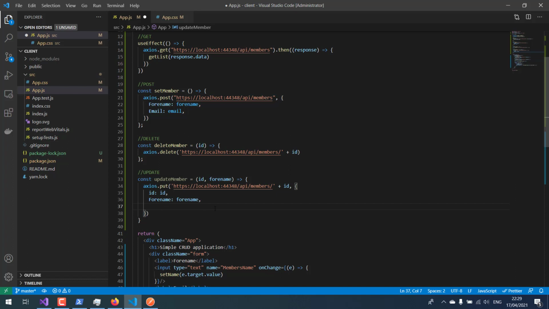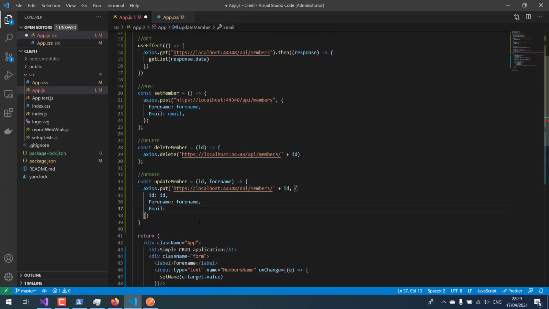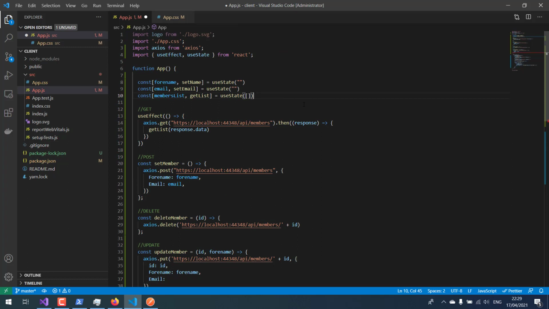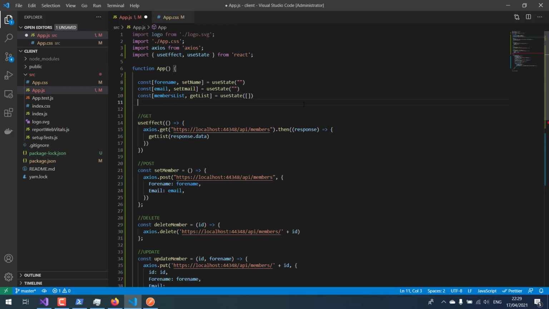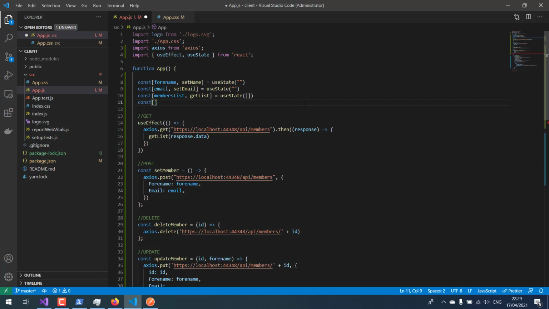Forename and email, and it's gonna come from what variable? Oh, we have to make a variable here for that update, so we're gonna make a const, and I'm gonna call it new update,